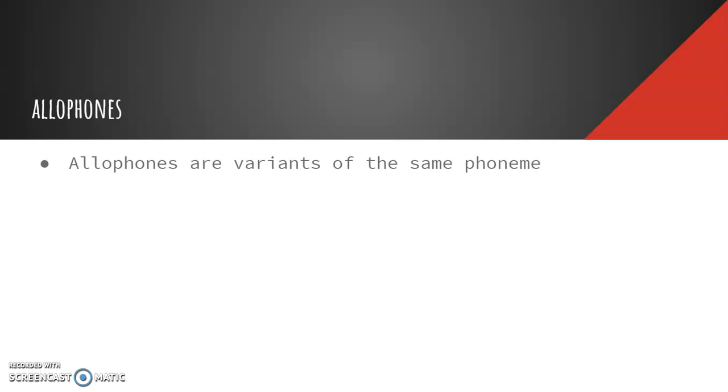Next we are moving on to something that's really important. It's none other than allophones. Now what do you mean by allophones? Allophones are variants of the same phoneme. You have different versions of one particular phoneme, which is what is called as allophones. Okay, the sound is same but different variations of the same sound.